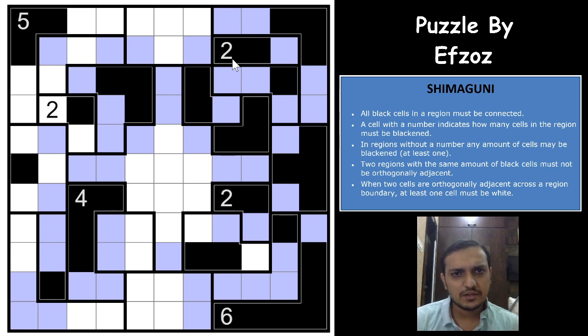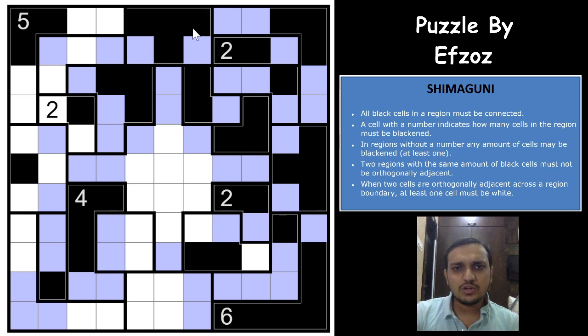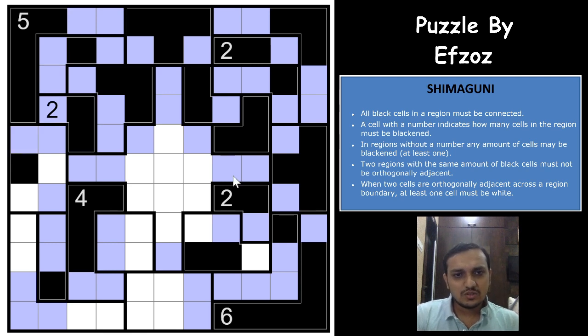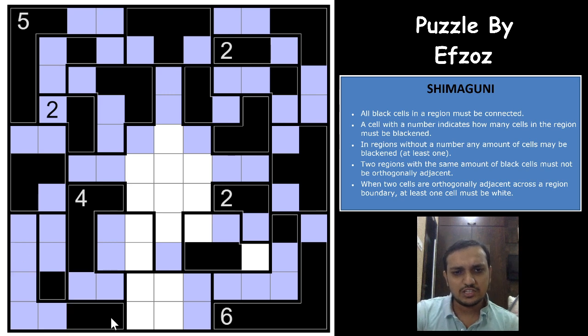Something has been done here again, and we know that this region will have 1 shaded cell, this region already has 2 shaded cells, this region already has 3 shaded cells, which means this region would have to have 4 shaded cells. So an unshaded cell here, a shaded cell here, which will unshade this and shade this, and unshade this and shade this. Superb. Again, unshade this and shade this. Excellent. So we already knew that this region would have 3 shaded cells, so it would have to be this, and this region would need to have 2 shaded cells at least, so it cannot be this, it needs to be this. Superb. Again, this is unshaded.